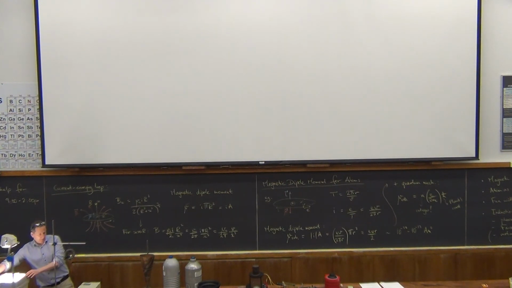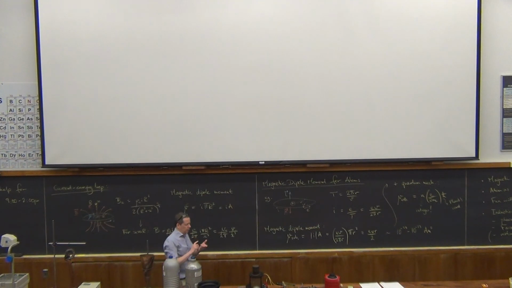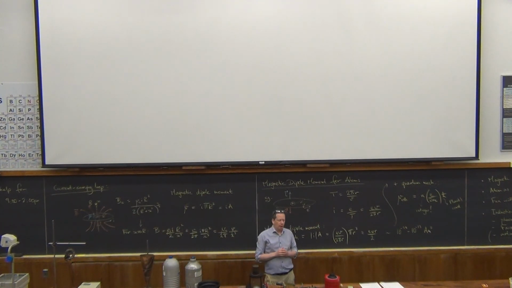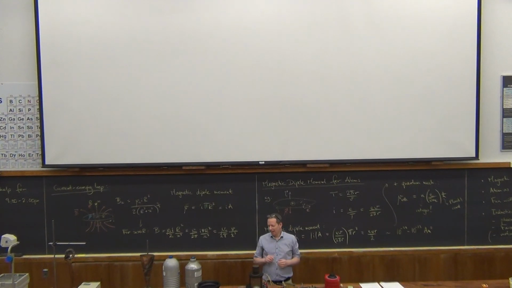All right, a couple of other things to say. There are more subtle types of things that could happen, depending on the structure of the atoms or molecules that make up the material. And all I'm going to say here is a little bit related to a comment that Keithan made about putting materials that are so-called paramagnetic or diamagnetic in a magnetic